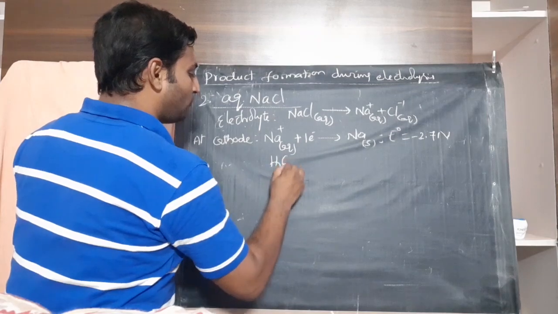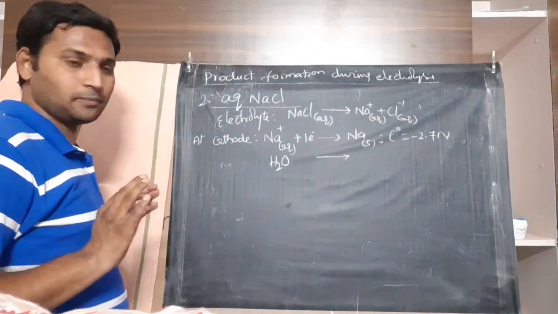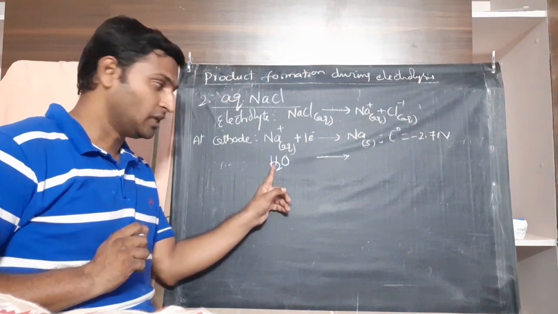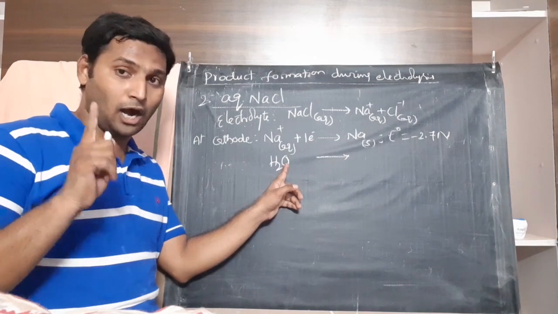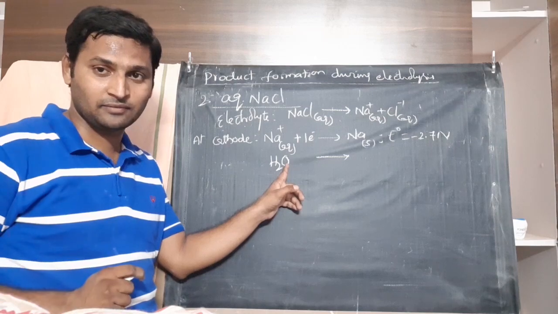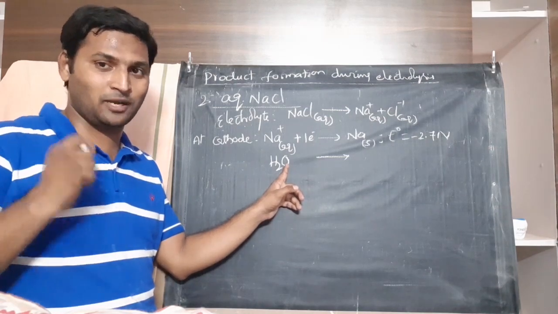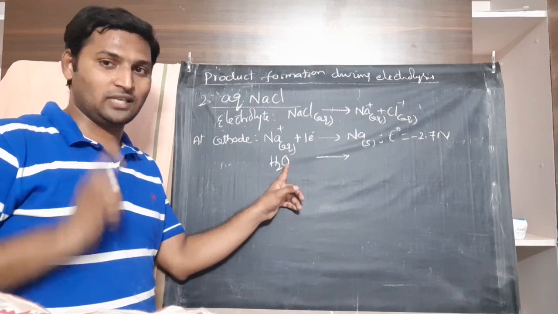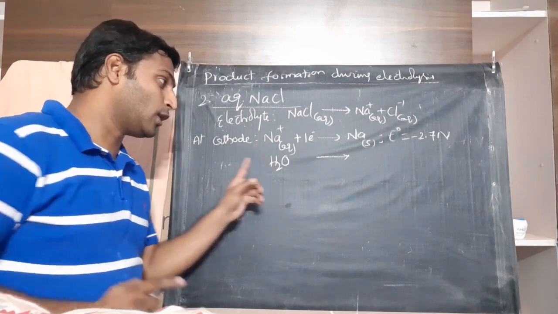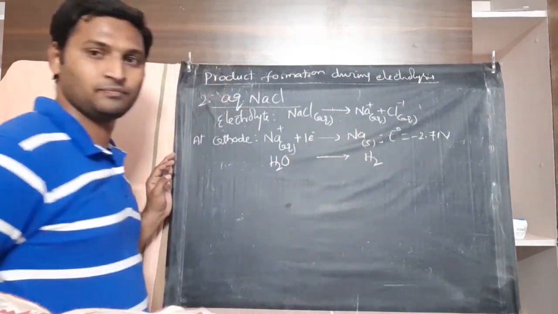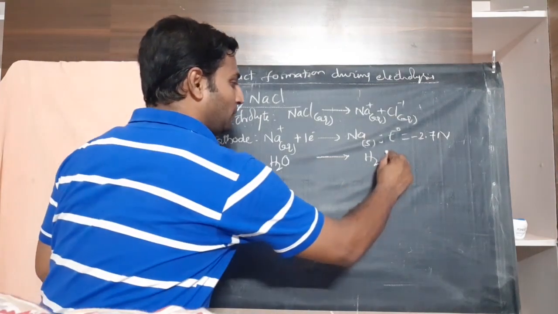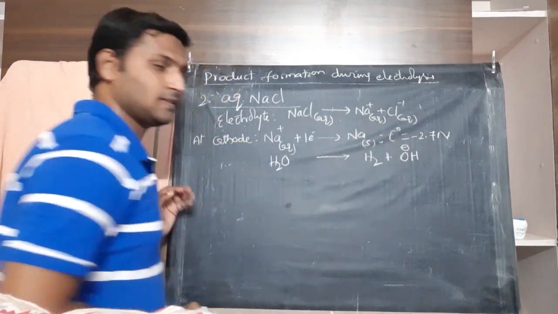So for the reduction of water molecules, how can it be explained? Please understand. In water, the species with positive oxidation state is hydrogen. The species with negative oxidation state is oxygen. Which oxidation state can undergo reduction, positive or negative? Positive state wants to gain electrons to become neutral, whereas negative state wants to lose electrons. So hydrogen with its positive state undergoes reduction and produces hydrogen gas. Then the byproducts of the process are going to be OH minus ions.